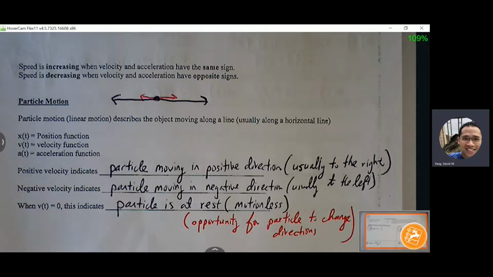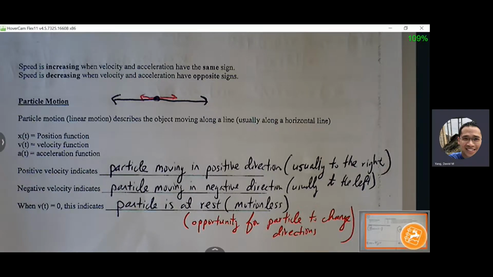So we're going to talk about later, how can we tell when the particle is going to change direction? We look for when the velocity is 0, and then we look at that as a candidate for potentially a particle changing direction. So if the particle is going to change direction, it's moving left and right, it's got to have at least that motionless moment right when it changes direction. Doesn't mean that when the particle is at rest that it will always change direction, but it is a prerequisite for a particle to change direction. It's got to come to at least a moment of